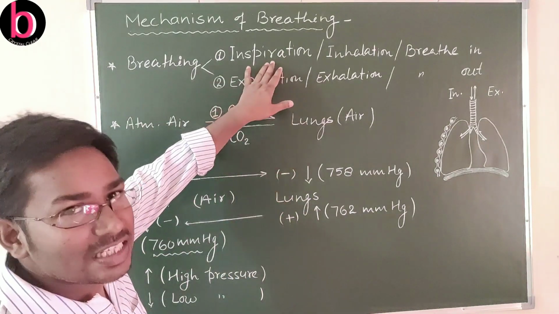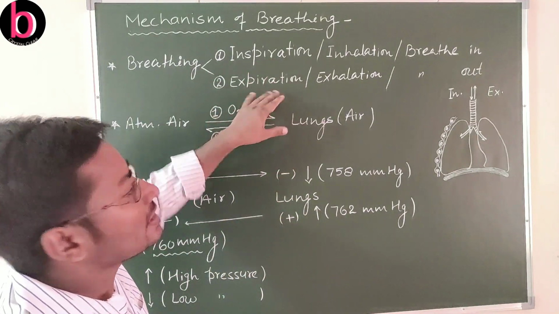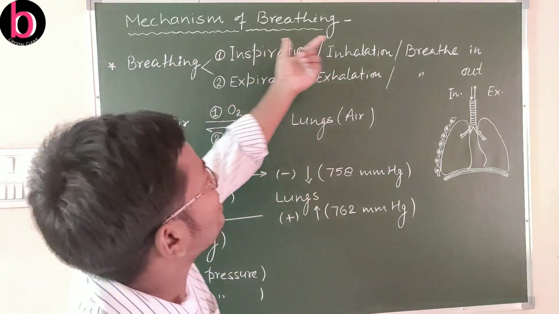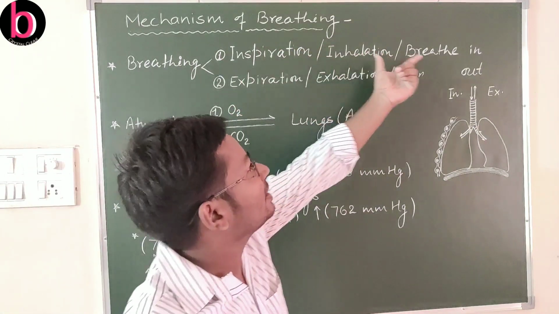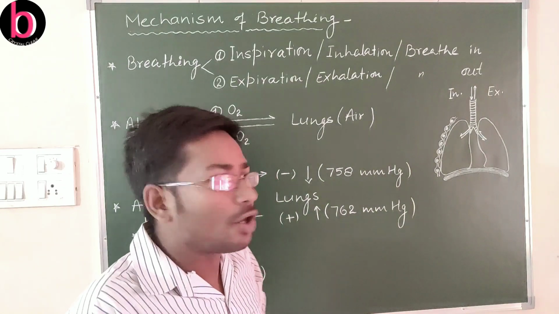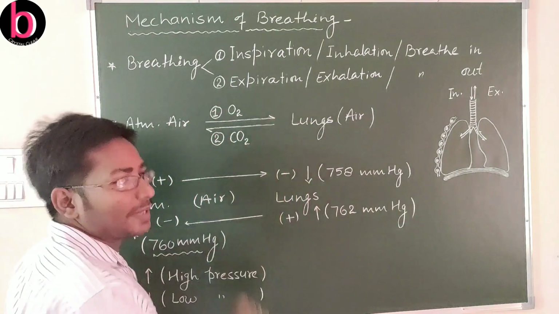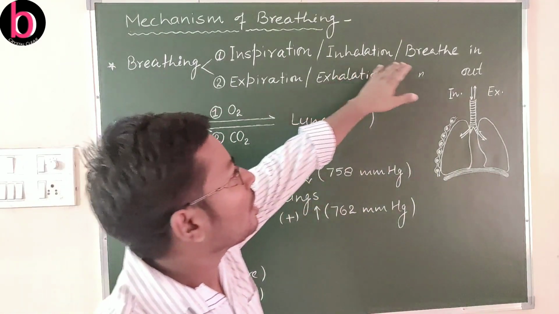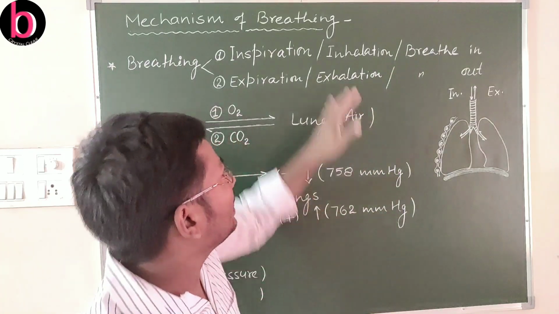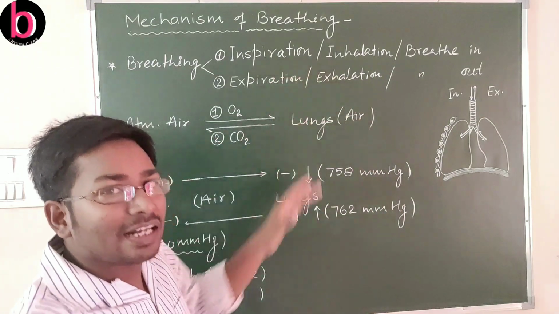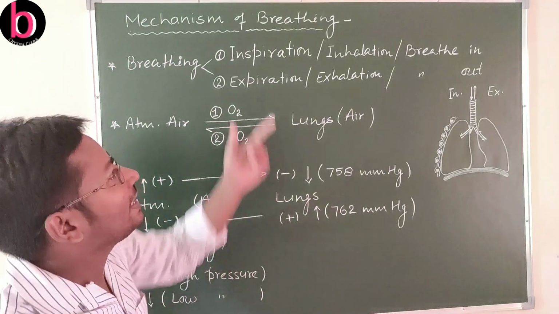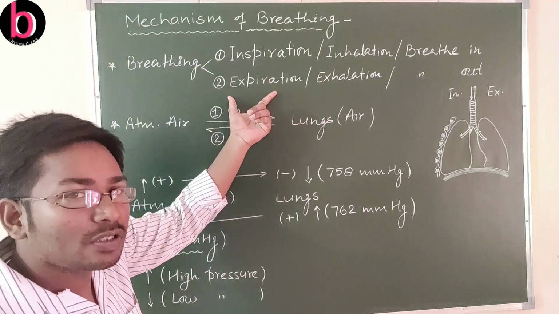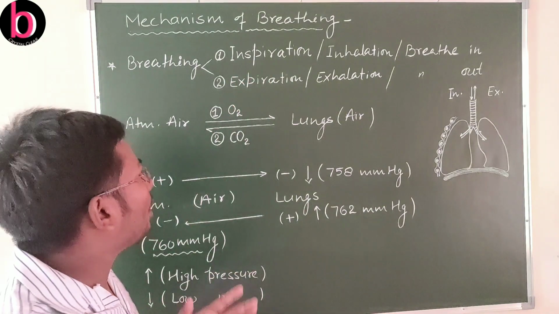The first one is inspiration, the second one is expiration. Inspiration is also known as inhalation, as well as breathe in or breathing in, while expiration is exhalation or breathe out. In this process the air moves inside the lungs, and in this process air moves outside